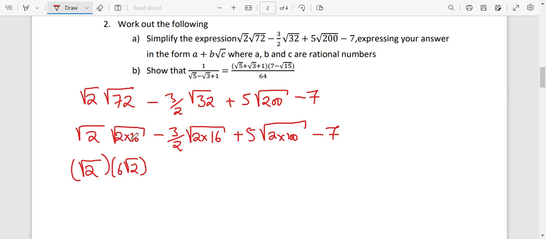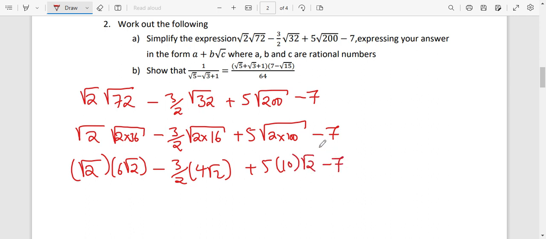Because I've got square root of 2 times 36, square root of 36 is a 6, but square root of 2, we can't find the exact answer. And then minus 3 over 2. Inside we have got square root of 2 times 16. Square root of 16 is a 4, and then we're going to remain with square root of 2, and then plus 5. We know square root of 100 is a 10, and then we're going to remain with square root of 2